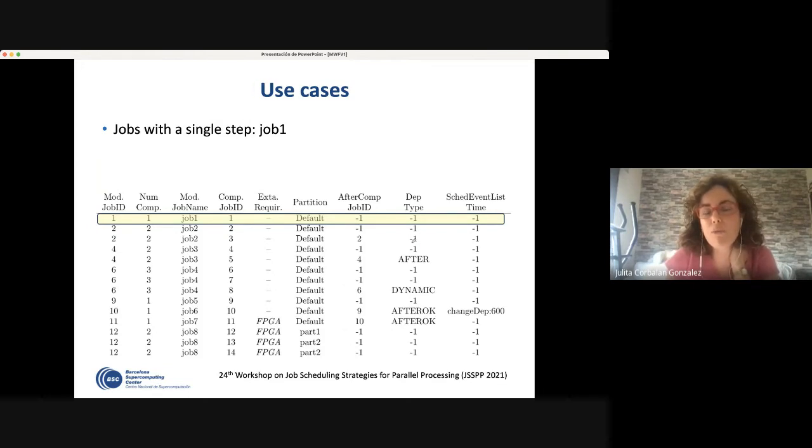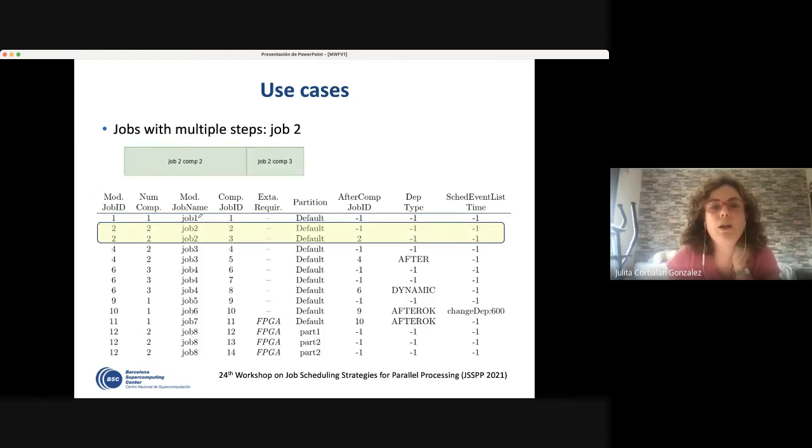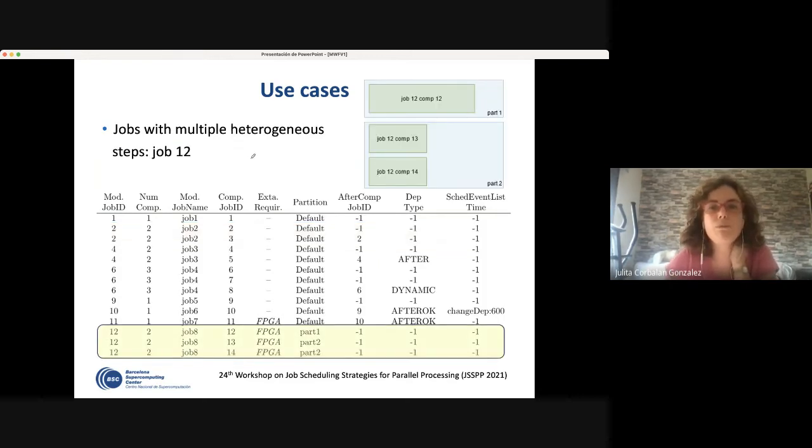So you have here some of the examples that you can also find in the paper. This is a single trace, and I have marked a little bit the different use cases. So this is the simple one. This is a traditional HPC job with a single job with one component. So there is nothing special here. It is the normal one, I would say. If you have this use case, for instance, that will correspond with these two lines where you have one after the other, so the two belong to the same job, but there is nothing special. And in fact, in the standard workload format, we can just aggregate them like a single one. But you can also reflect something like that, okay?